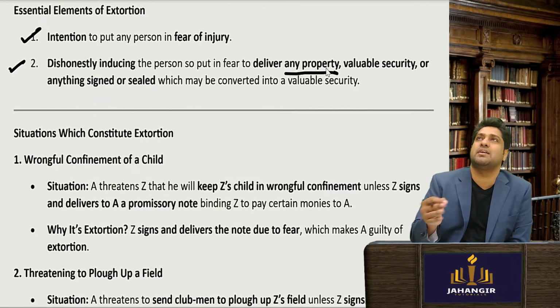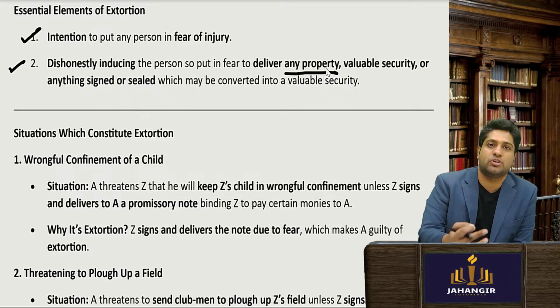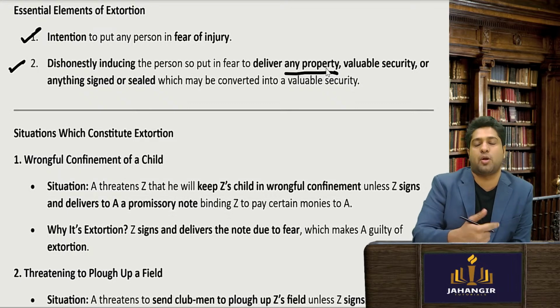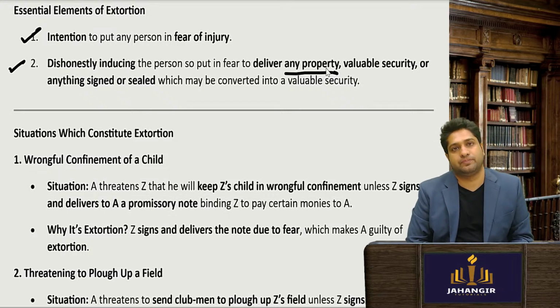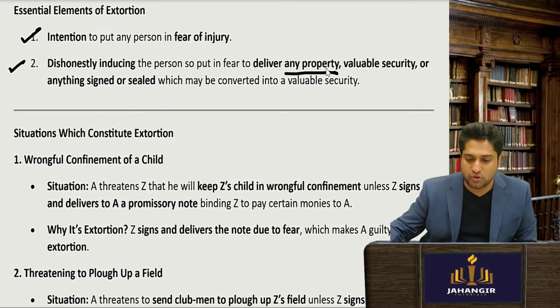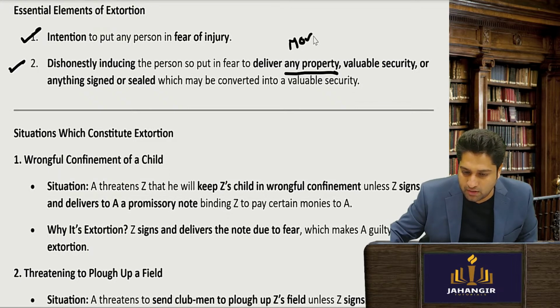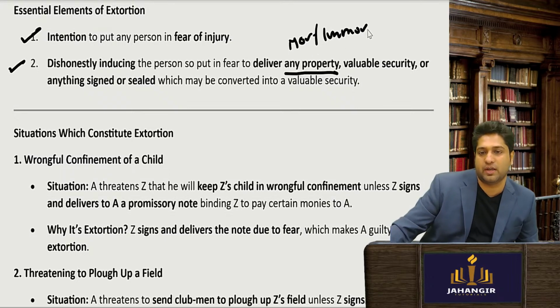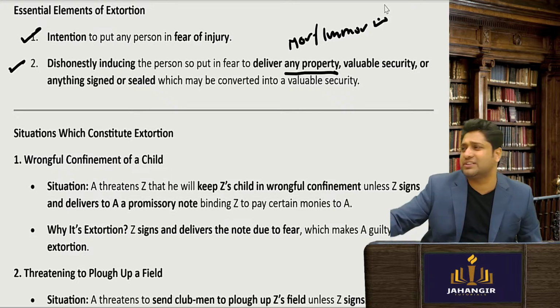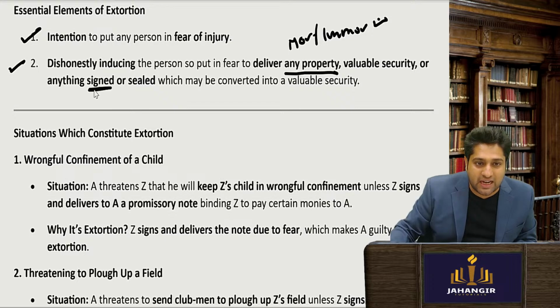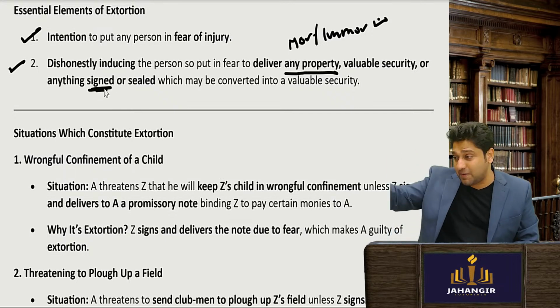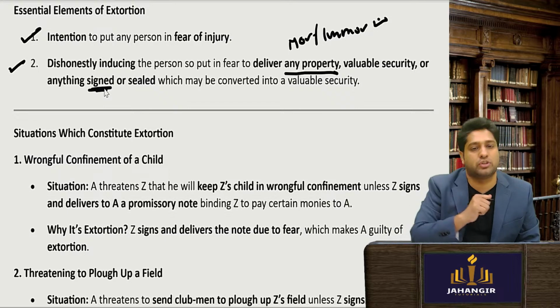So now my question to you is, extortion can be done on movable or immovable property also, or both? Movable, immovable, or both? So obviously either movable or immovable property is covered. I can tell you to sign certain papers and then transfer the property. That is why they've said to sign anything also. If I tell, sign the property papers, otherwise I'll kill you, that is also extortion.